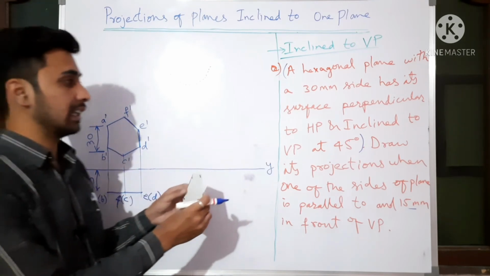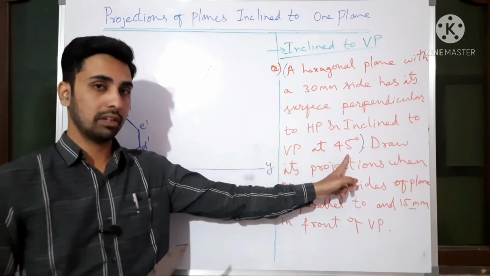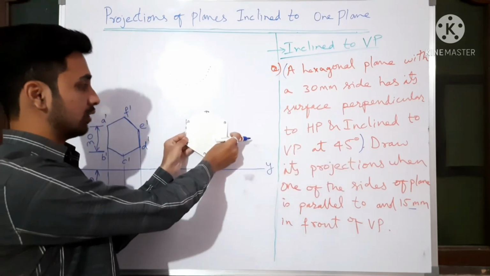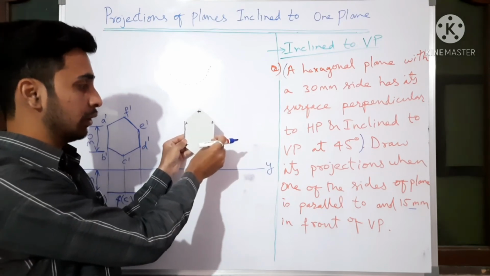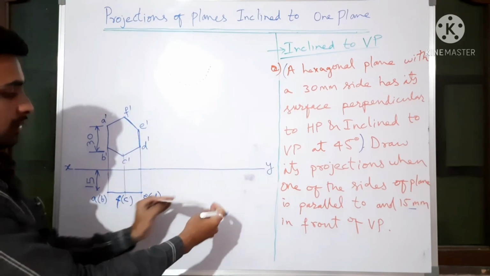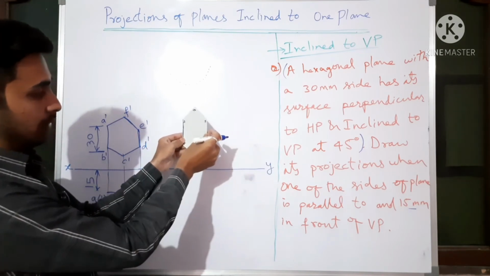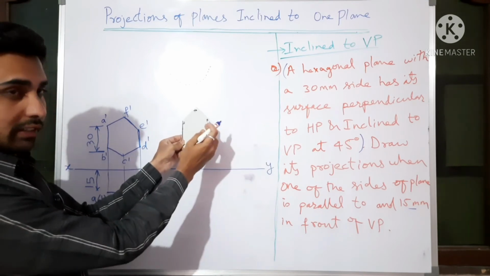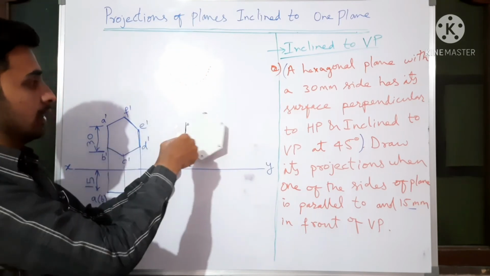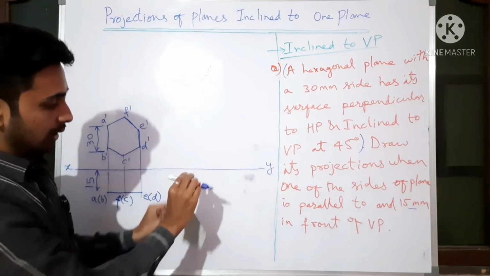Now surface inclination we will restore. We have assumed 0 degree. Earlier it was given 45. Now if you restore surface inclination 45, what you need to do in the top view? Earlier the line is like this, the surface, then it will become like this. If you give VP inclination 45, in the front view it will look like a reduced hexagon. In the top view, if you see, one line at 45 degree like this. That is this one line at 45 degree.